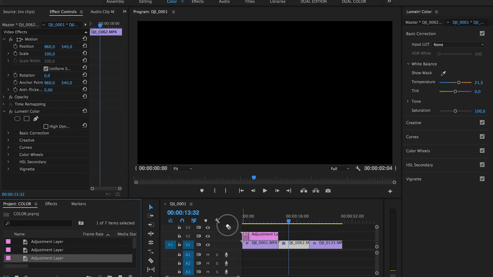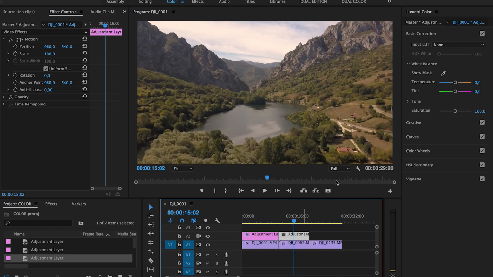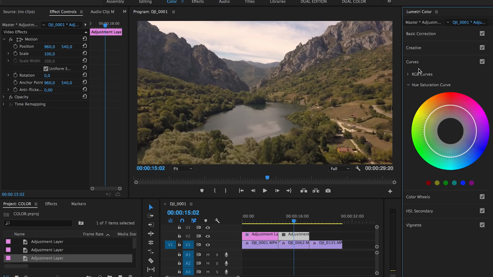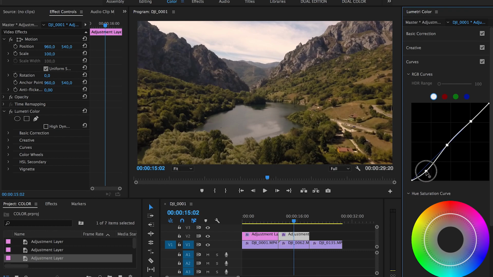Let's say okay, we take the new one, put it on top of the shot, and first of all we're gonna go again to the curves, to the RGB curves, and what we want to do here is again the same. And I think for this shot, in case we want to make it more dramatic, we can add a little bit more of the blacks, not too much of the whites. Well, yeah, a little bit, something like this. Very easy S curves. Maybe even we can go a little bit down here, so that the contrast is a little bit more